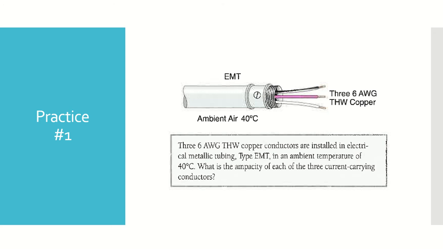All right, here we go. As promised, a few practice problems just so that you guys can get a chance to manipulate these charts or tables. The first practice problem is I've got three number 6 American wire gauge THW copper conductors installed in EMT,